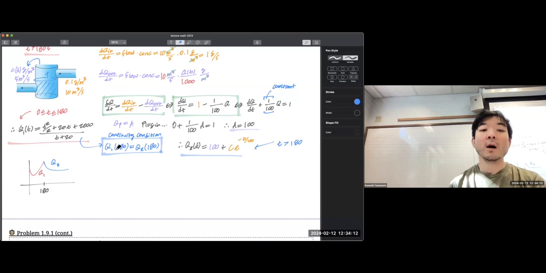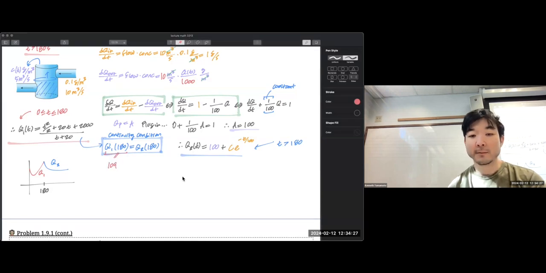So if you plug in 180 into this, that means you're plugging in 180 into all the t's here. That's just an exercise in putting it in your calculator, but you get 109 if you do that. And so you get 109, and then this is equal to,